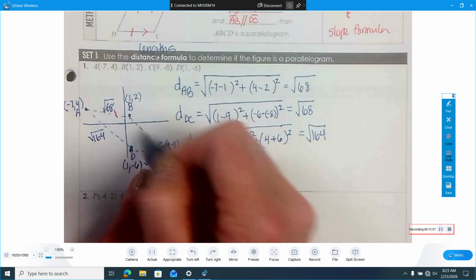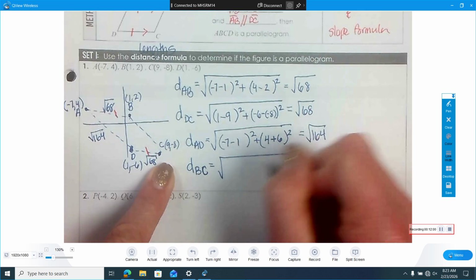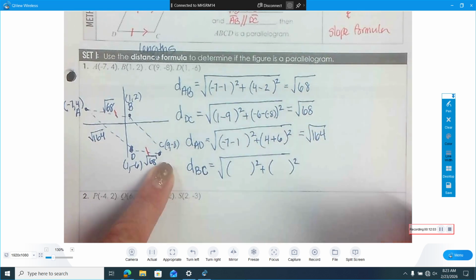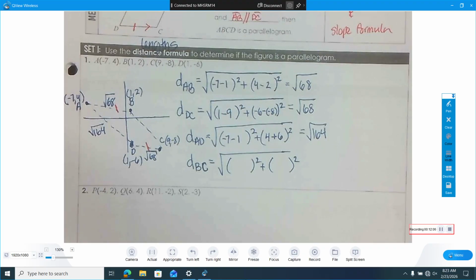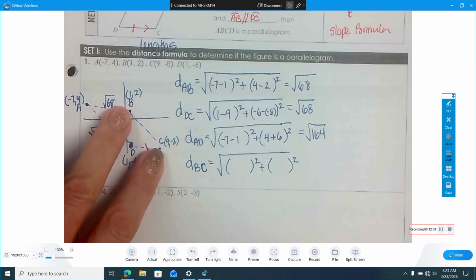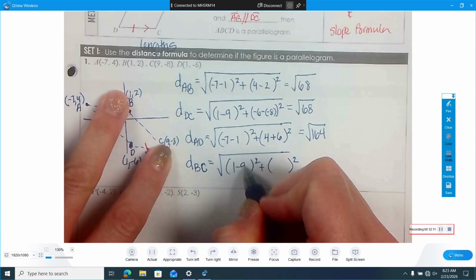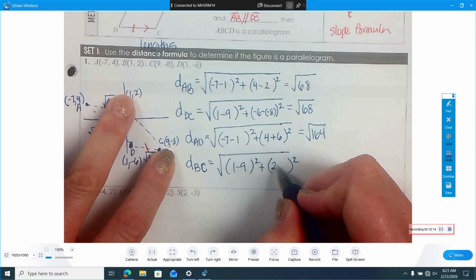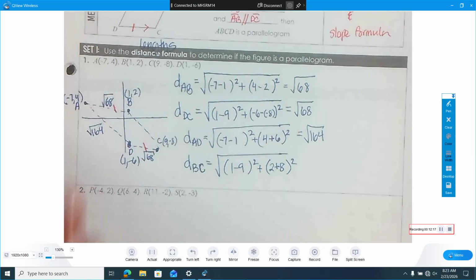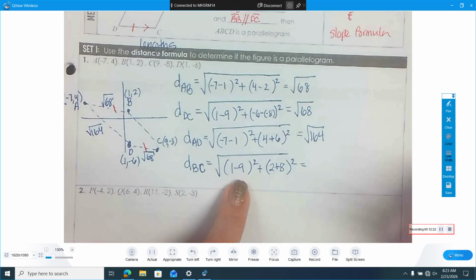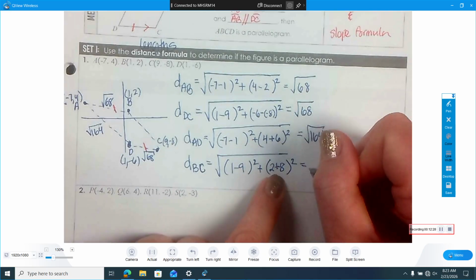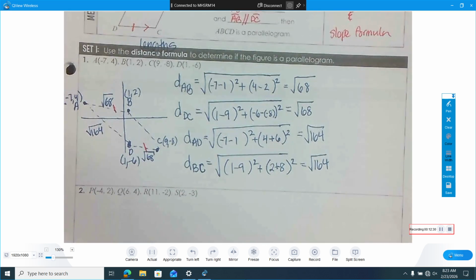All right, and then the last side here is side BC. So again, giant square root. I'm going to set up my structure, and then I'm going to subtract my x's. So using just points B and C, 1 minus 9, and then 2 minus a negative 8 becomes 2 plus 8. This is 64 plus 100, square root of 164 again. All right, so we have another square root of 164, which means,